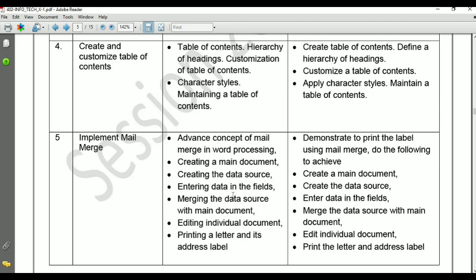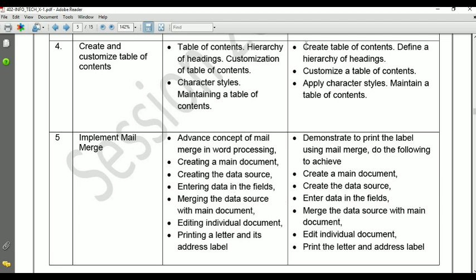Whenever you work with a book, or you want to make a long article, or create a long document with headings and subheadings, for example an annual report or a catalog that has several sections, then you might want to add a table of contents to the beginning of the document to give your readers an overview of the document. Is it clear? Basically, table of content is used to give readers an overview.